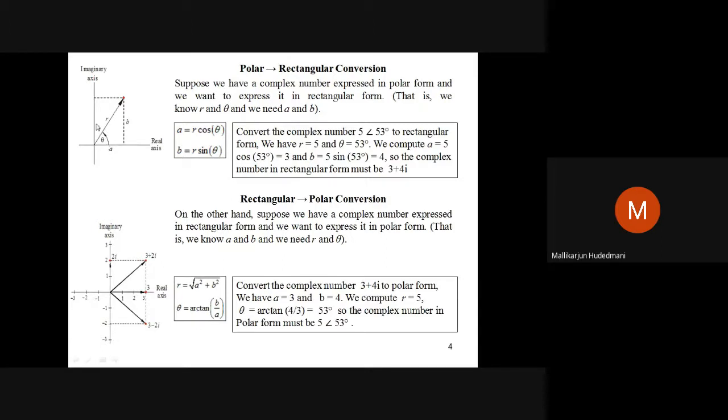And the angle is what you are interested in. What is that angle? You know the vertical side. You know the adjacent side of the triangle. Then what is the relation you can connect? Tan theta. So therefore it is arctan, inverse tan. Arctan means inverse tan of b by a gives you this angle. It is inverse tan of 4 by 3. You can see here, it is 53. So 3 squared plus 4 squared turns 25. Square root of 25 turns 5. And inverse tan of 4 by 3 turns to 53 degrees. So the answer of 3 plus 4i stands as 5 angle 53.